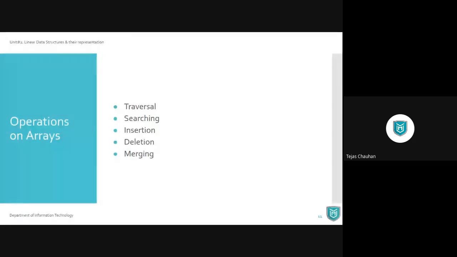That's the traversal process. Once you know traversal, you'll also know the searching process. Then the other three operations are where we want to insert a new value, delete an existing value, or merge two arrays.